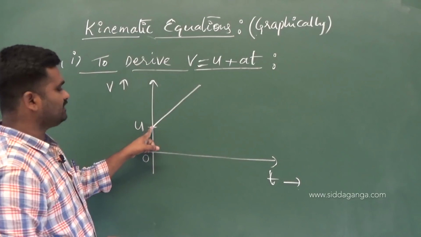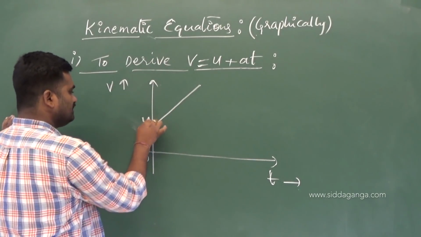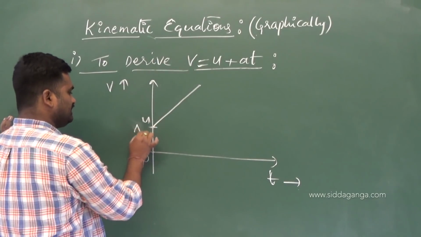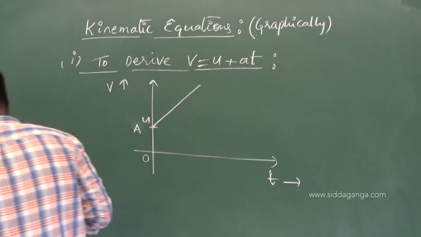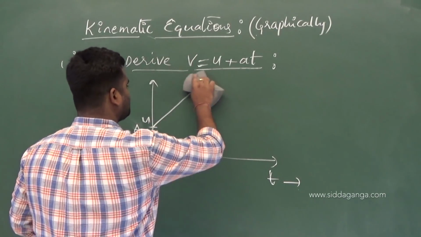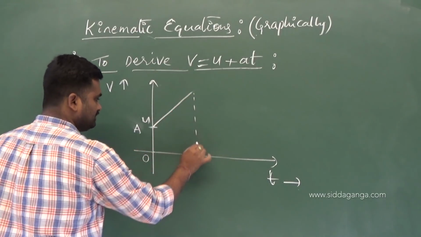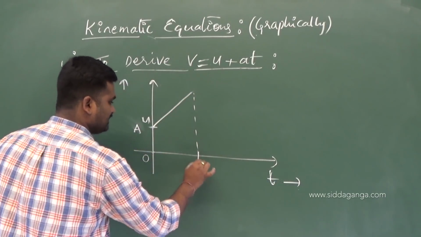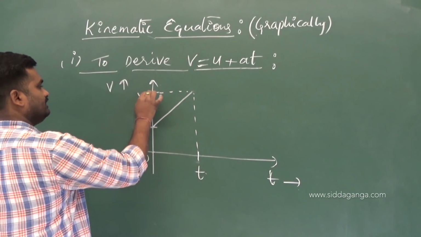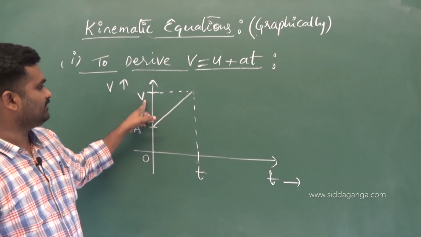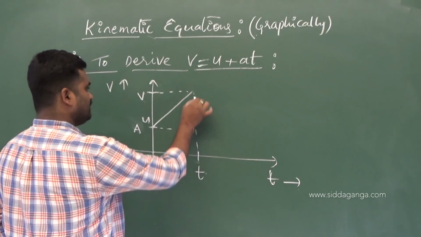How much is the velocity at this point? U. Let me mark this point as some A. And now after certain time, let's say its velocity be v. How much is the velocity it has attained after a time of t seconds? V. This was the time t seconds at this instant. What is the velocity it has attained during this time? V. So look at this geometry of this diagram what I am going to write.